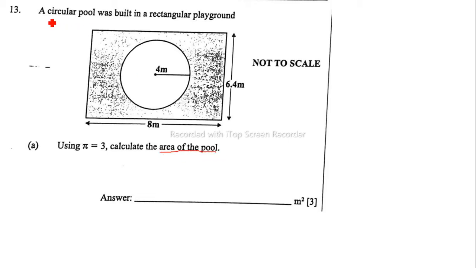Okay, so the pool is a circular pool, so that means that we need to figure out the area of the circle. All right. So what would be the area of the circle? Remember that area of a circle is equal to pi r squared. So that means that the area of this circular pool,